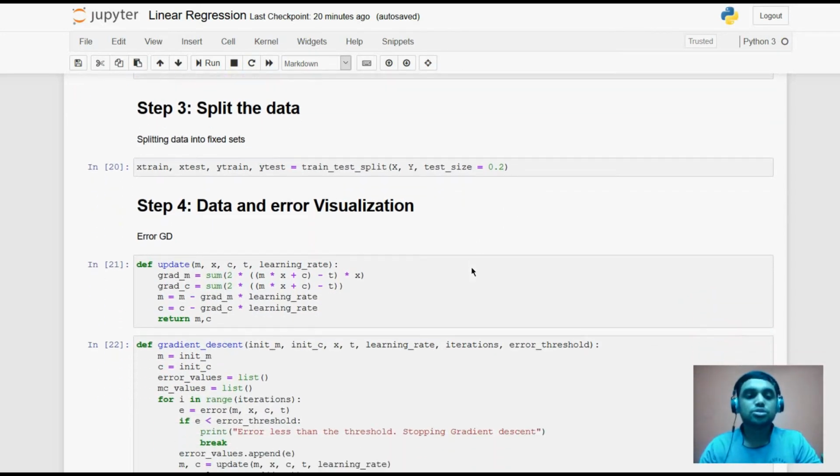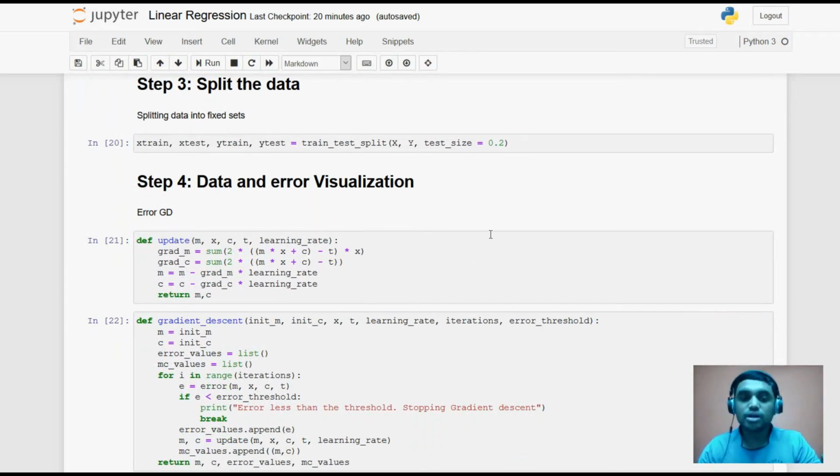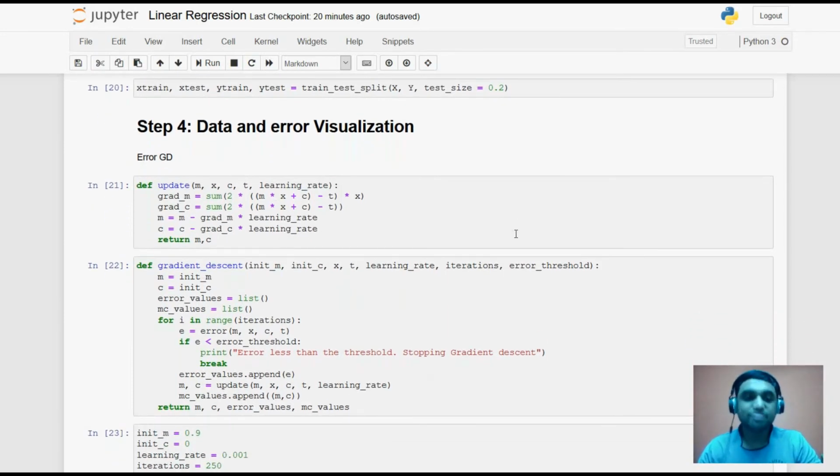Coming to step 4, now we'll have data and error visualization. For this I'm using a gradient descent function. For the gradient descent function, with the error function, I'm going to define the update function and the gradient function, as you can see over here.